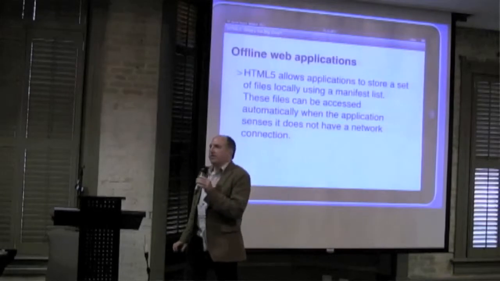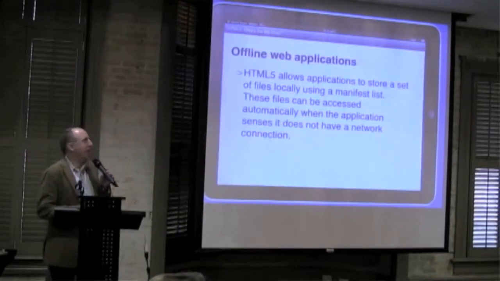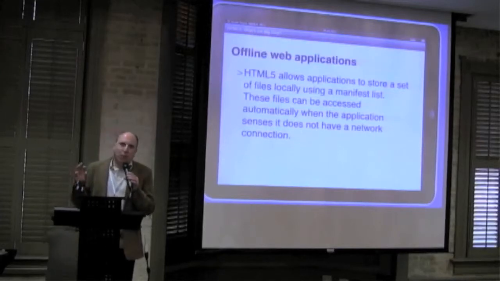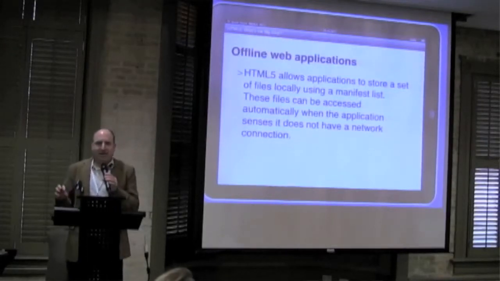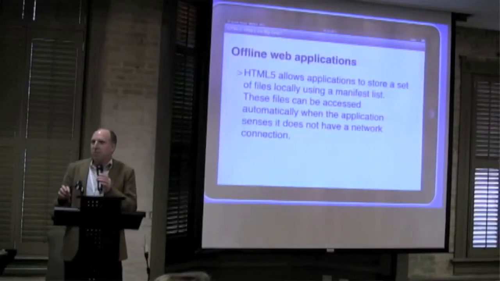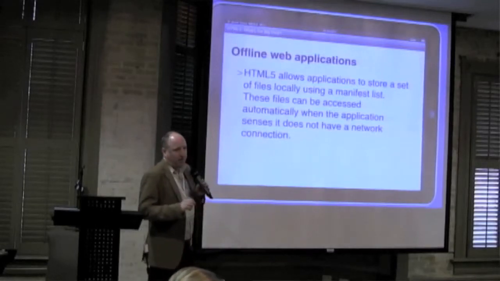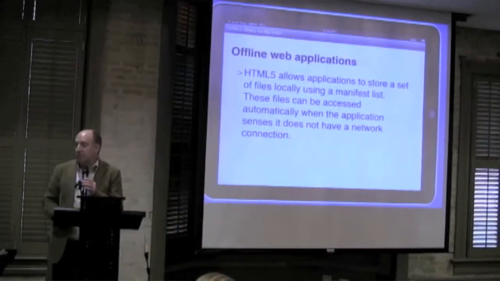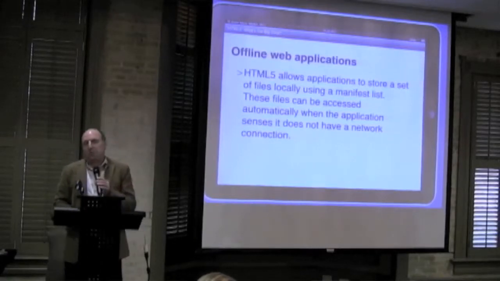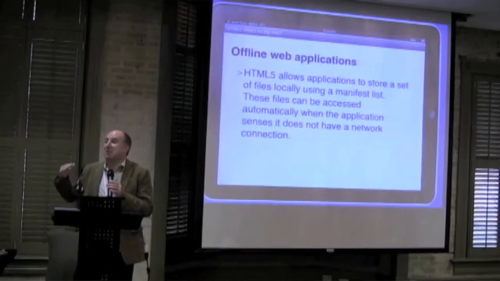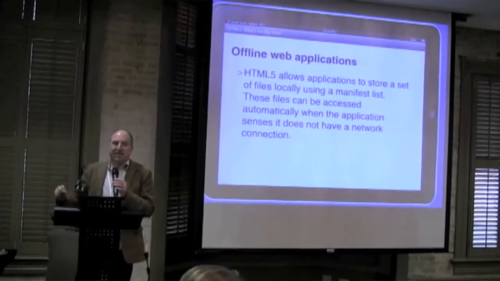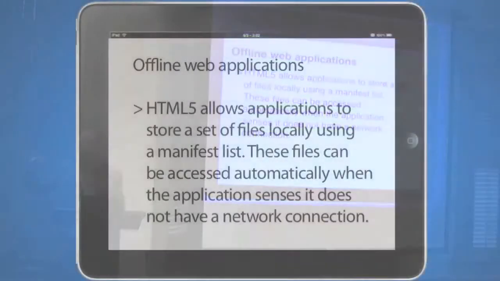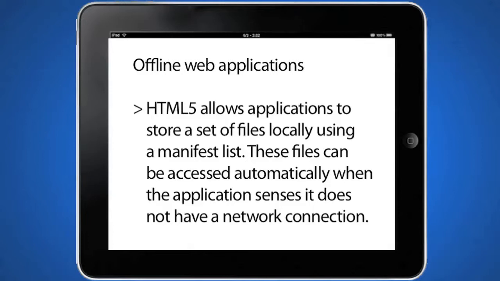Another thing that's really interesting, and this is one of the real game changers having to do with the difference between web apps and native apps, is that you can take web applications and make them so they'll work when you're not online, which sounds crazy. But basically you can bookmark an application in HTML5 that's been made to work offline. And when you do that, it downloads what's called a manifest list. A manifest list is like a shipping manifest. It lists all the files that it needs to run. And when you load that file, that manifest list says, okay, the person's looking at this page, download all these things into their local storage, which we'll talk about next,